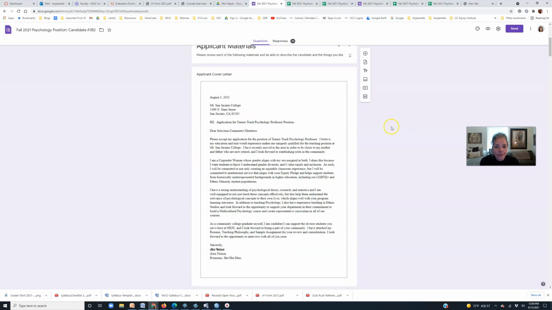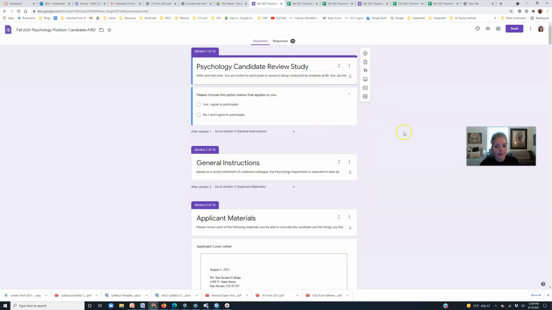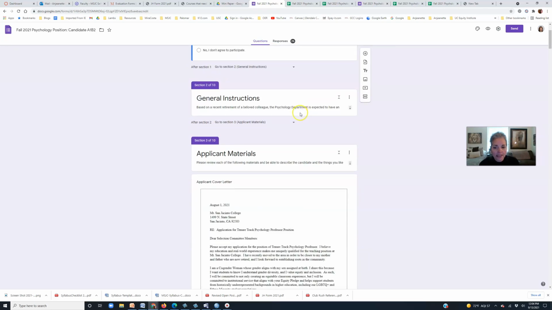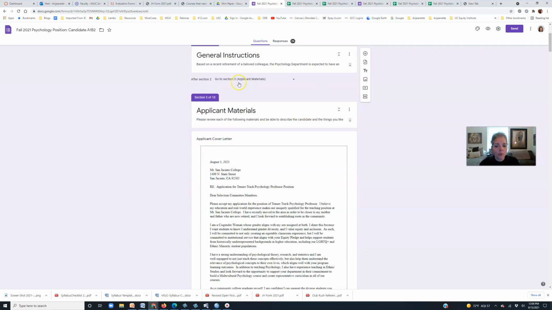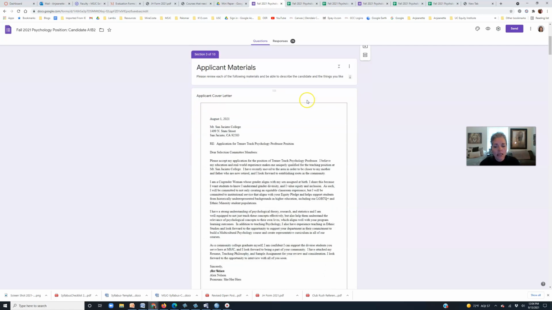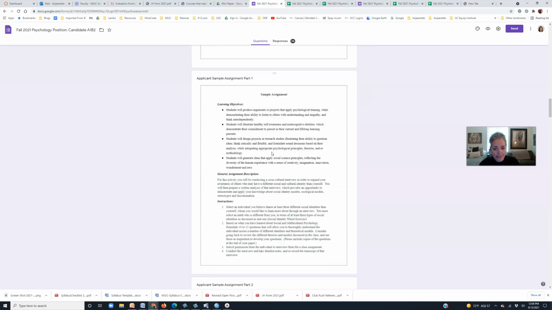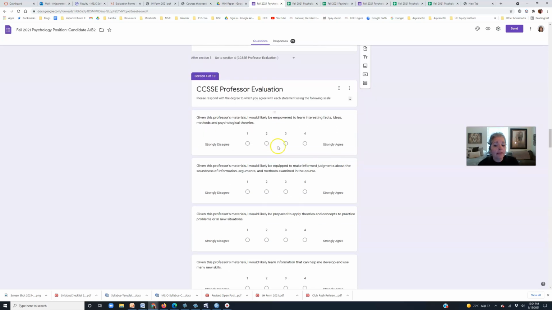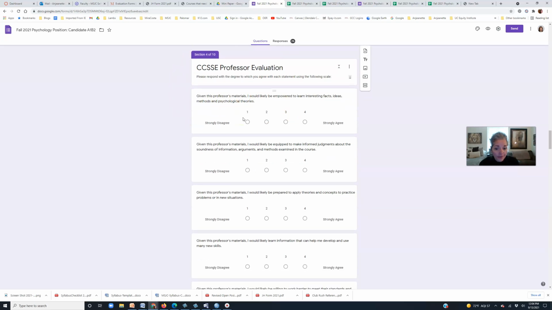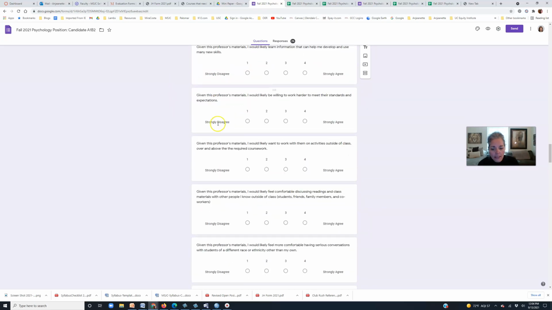And first of all, they were provided informed consent. After providing informed consent, they were randomly assigned to one of 4 conditions, and then they were asked to review the applicant materials. I'm basically describing the procedure, right? And then they were asked to do an evaluation of the professor, where they were responding to a series of